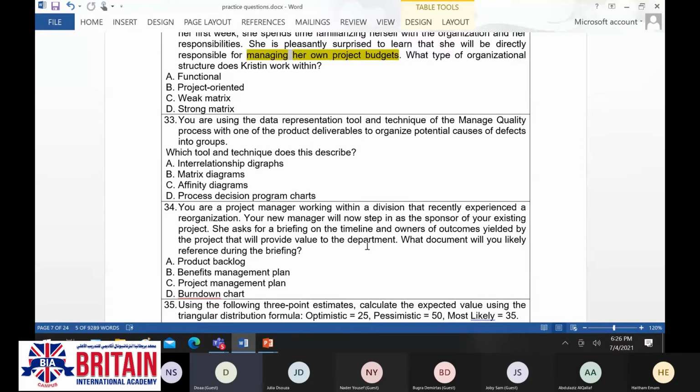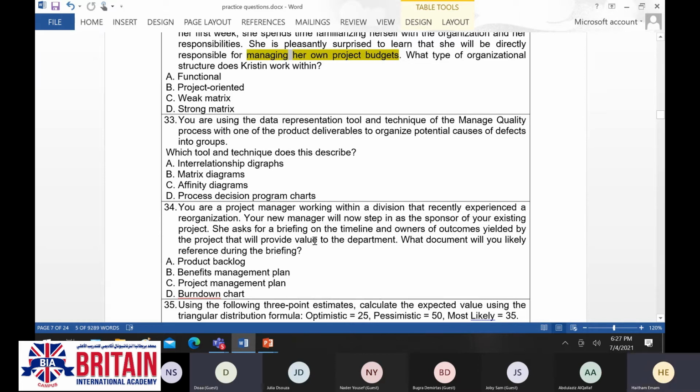She asks you for a briefing on the timeline and nature of outcomes yielded by the project that will provide value to the department. What document will you likely reference during the briefing? Product backlog, project charter, benefits management plan.